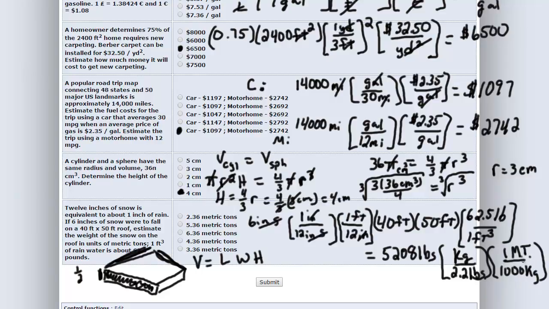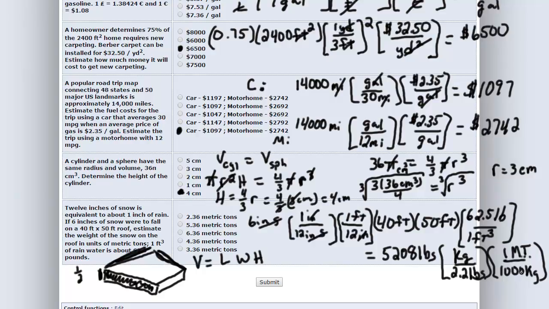So 1 metric ton has 1,000 kilograms. So we're going to have 5208 divided by 2.2 pounds, and then we have to divide that by 1,000, and we're going to get 2.37